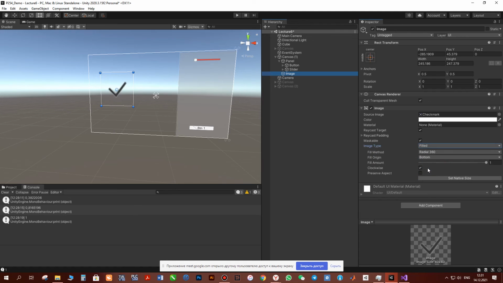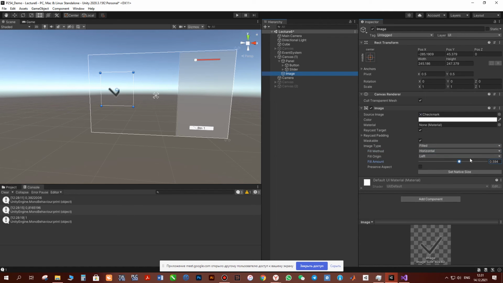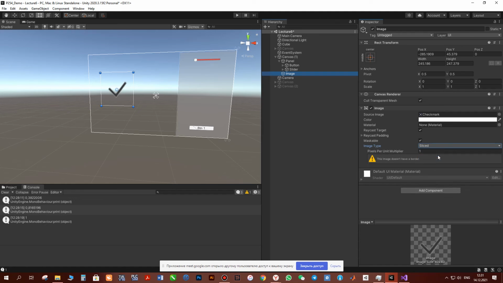So what else? Fill, here you can create some types of animations, for example, radial, horizontal, and modify this value. And what is the slice? Let's consider what is the slice. For example,